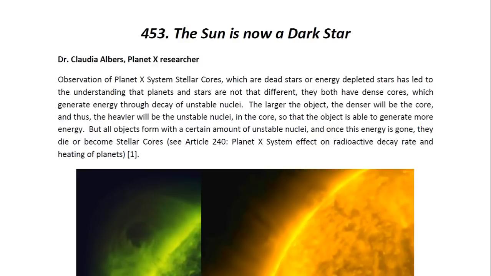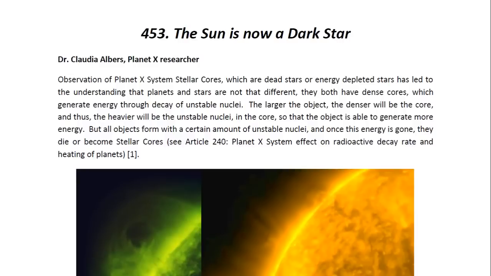Now, observation of Planet X system stellar cores, which are dead stars or energy-depleted stars, has led to the understanding that planets and stars are not that different. They both have dense cores which generate energy through decay of unstable nuclei. The larger the object, the denser will be the core, and thus the heavier will be the unstable nuclei in the core, so that the object is able to generate more energy. But all objects form with a certain amount of unstable nuclei, and once this energy is gone, they die or